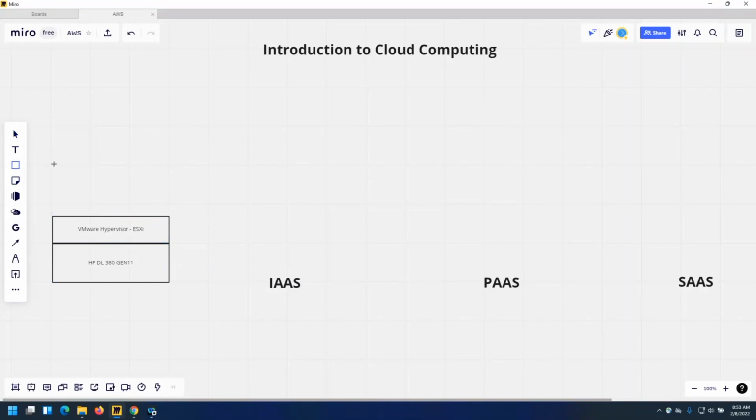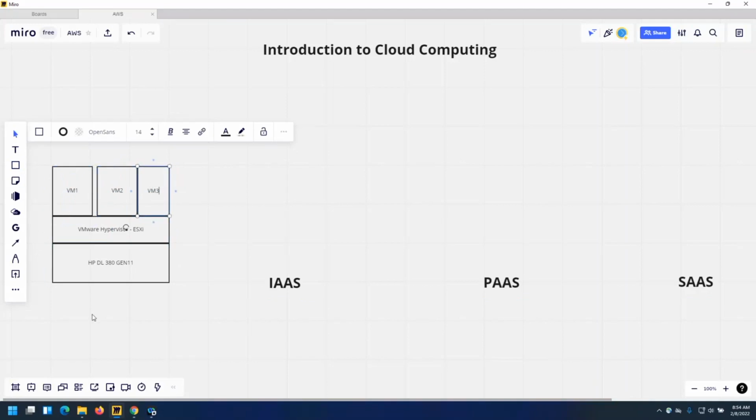And what I will do, I will create a virtual machine. How to create a VM? VM1, VM2, VM3, and so on. You can create multiple VMs based on your requirement. Some of the VMs are pretty small and tiny, some of them are too big, based on the requirement. Windows, right?